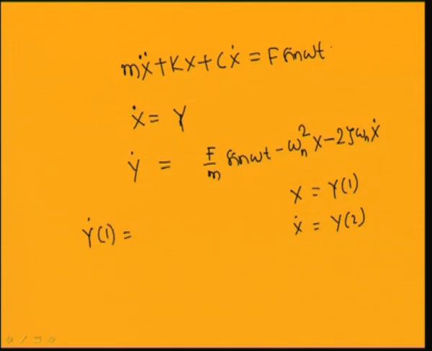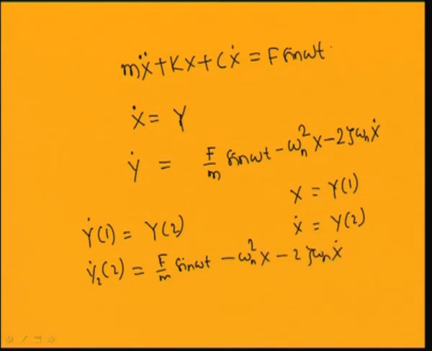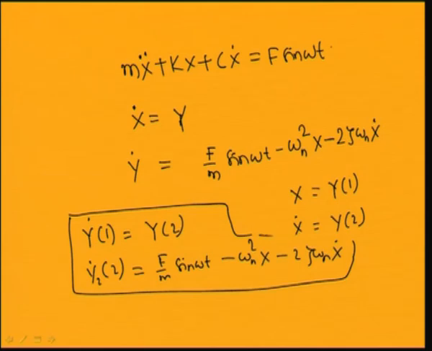So, y1 dot equal to y2, that is x dot equal to y2. And the second equation you can write, that is y2 dot equal to f by m sin omega t minus omega n square x minus 2 zeta omega n x dot. So, in this case I have used these two functions to find the response numerically by using this Runge-Kutta